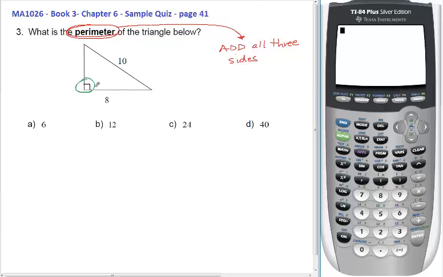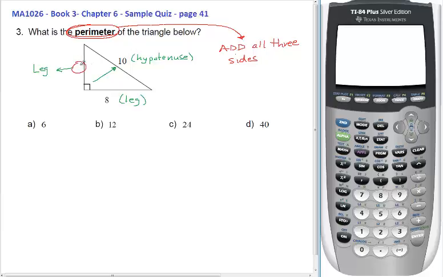You can tell by the right angle down here. We call this a right triangle. And the side opposite the right angle is the longest side. That has a special name, the hypotenuse, and the other two are called legs. So this side here, 8, is called a leg of a right triangle, and this one up here is also called a leg. However, we can't add the 3 sides together to get the perimeter,